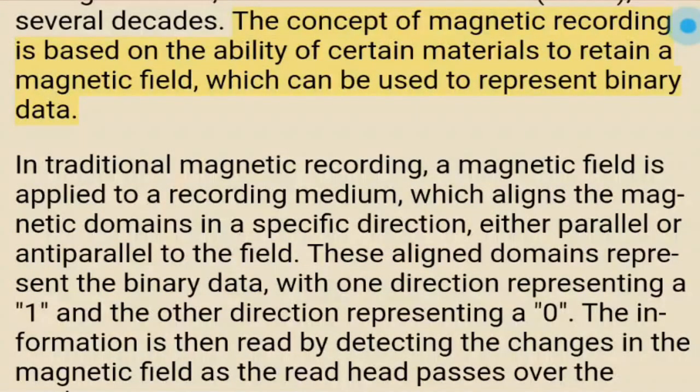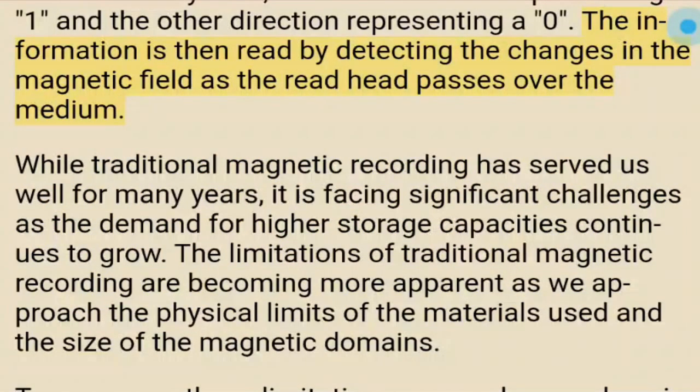The concept of magnetic recording is based on the ability of certain materials to retain a magnetic field, which can be used to represent binary data. In traditional magnetic recording, a magnetic field is applied to a recording medium, which aligns the magnetic domains in a specific direction, either parallel or anti-parallel to the field. These aligned domains represent the binary data, with one direction representing a 1 and the other direction representing a 0. The information is then read by detecting the changes in the magnetic field as the read head passes over the